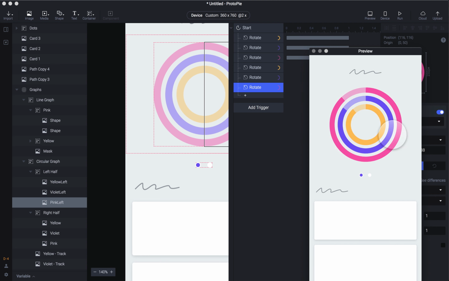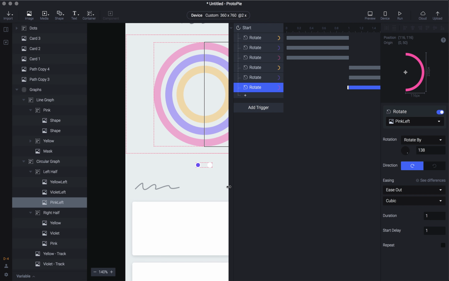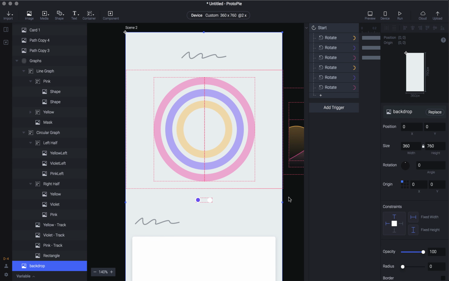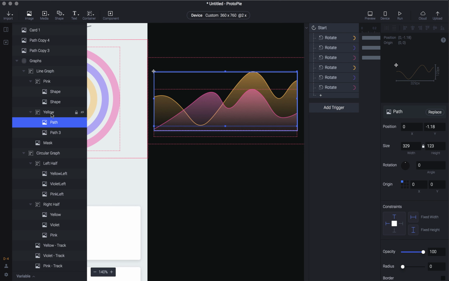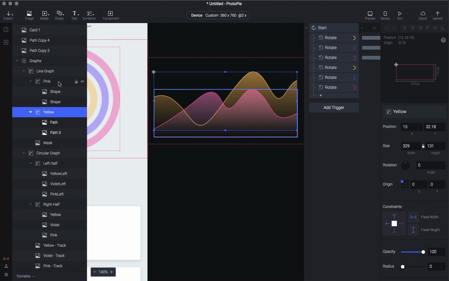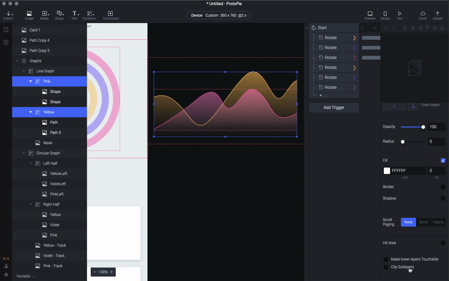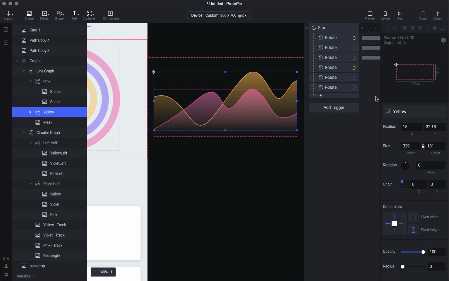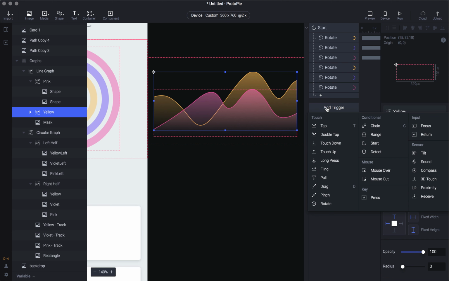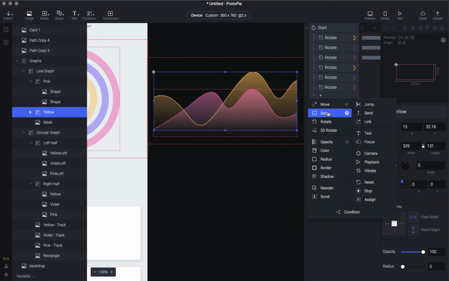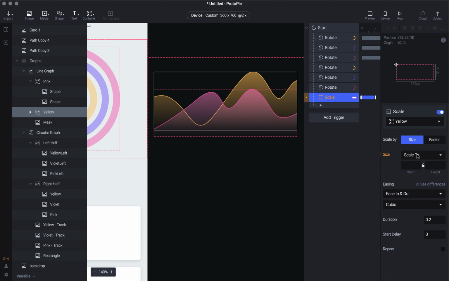The concept is largely similar. Let me hide this for now, and select our line graph group, and you have two clipping mask layers. Let's first select these two, just make them clipping masks, and let's select our yellow. On start, we can simply make the width, it should be here. So we should scale the width of our yellow to 0, and similarly paste our width of pink